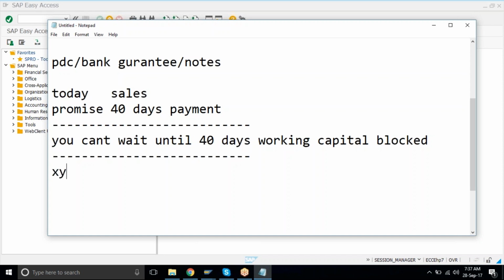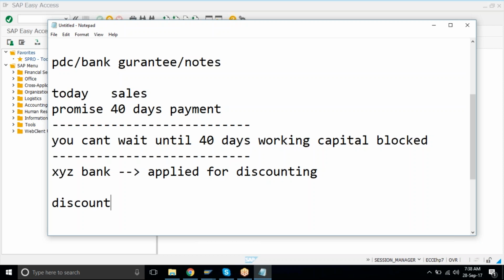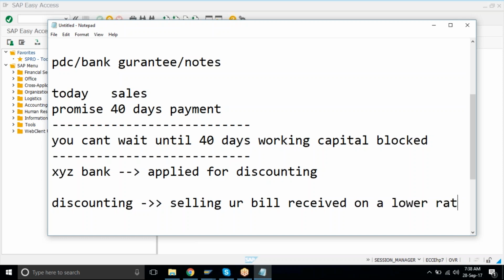So you have taken some XYZ bank and applied for what? Discounting. What is this discounting? Discounting means selling your bill received from your customer at a lower rate, with some third party, some banks, some other financial institutions.